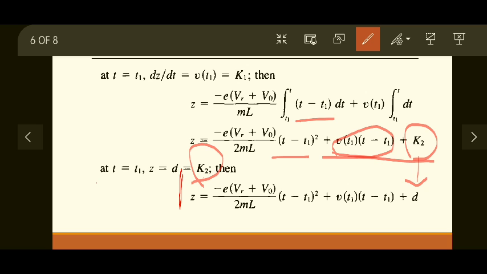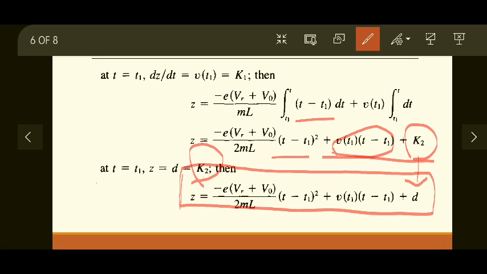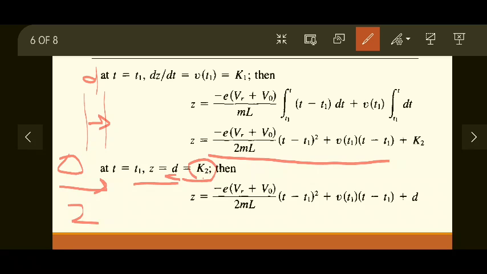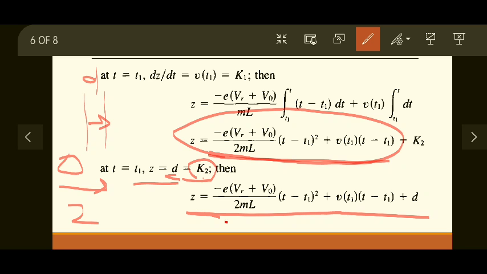So the total distance traveled after returning from repeller will be found by this particular equation. Okay, I hope this is clear. Now at z is equal to d, k2 is equal to d. Why? Because this is my cavity, this is z is equal to 0 and this is d. So this is the z direction, so this d is assumed to be k2, and because of the presence of repeller, this distance will also be traveled, so that is considered over here. So total distance traveled is this one.